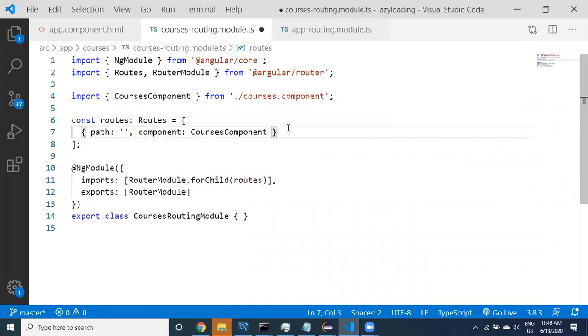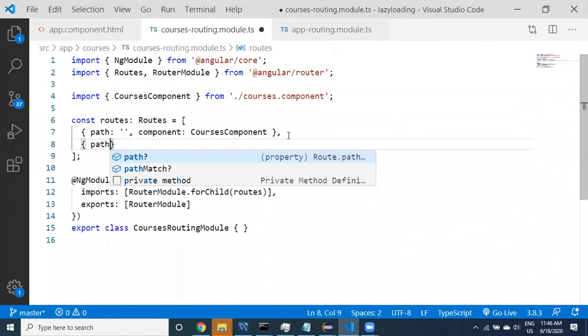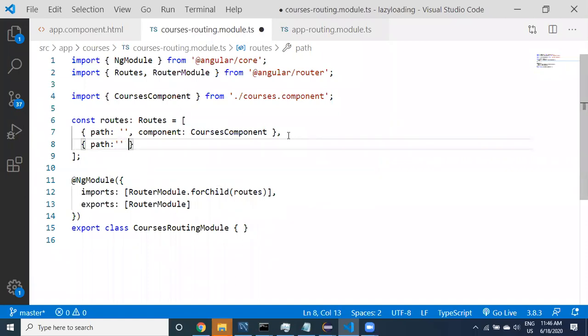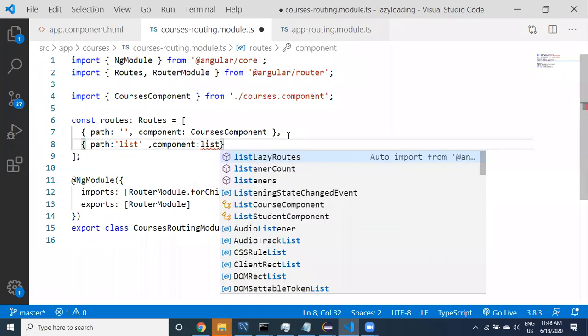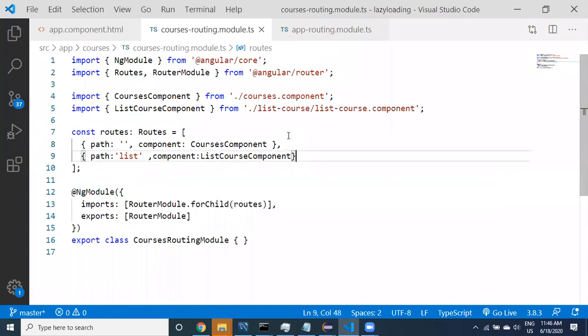By default it is going to come here, and then comma, you can provide a path for this one, and then component. Which path is this component for? You say list, the list course component.